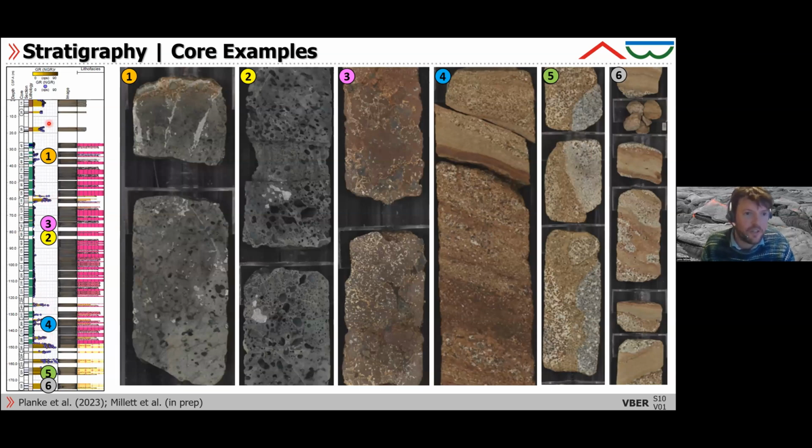So for those not familiar, gamma rays measure the uranium, thorium, potassium radioactive signatures of the rocks. And these high gamma peaks here are the same as what you see at the bottom of the borehole, which is the granite, and these are sedimentary interbeds, which look like this. So these are basically siliciclastic, granite-derived sandstones and mudstones, etc., that are layered between the basaltic lava